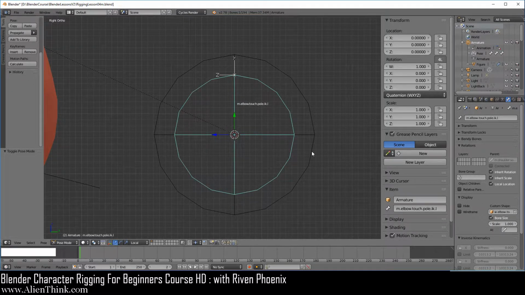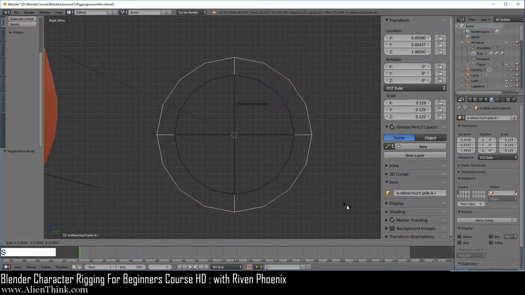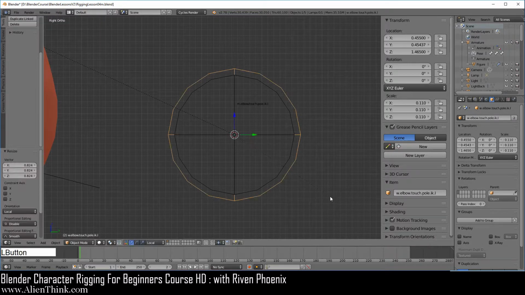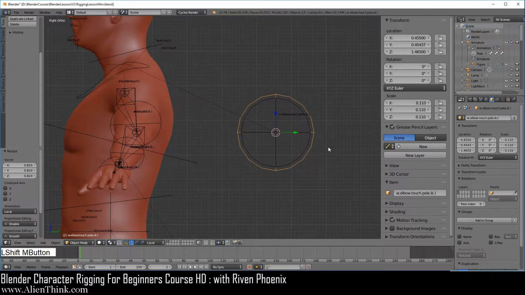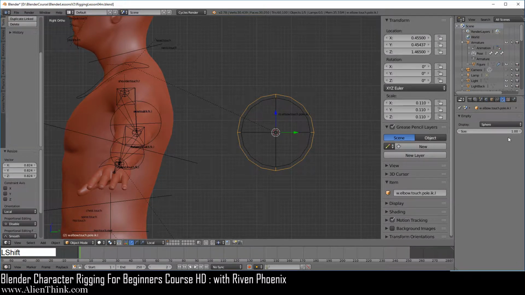And of course here you can click on this empty and press the S key to scale this down a bit. Now over here, if we want to scale the bone shape, we know that we have to go to this tab, press the shift key down and just decrease the size. So I'm going to make it, let's say, right around here, right? Not too small, just easy to click on.